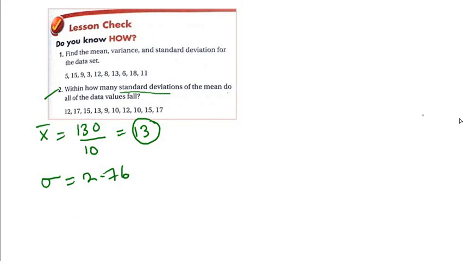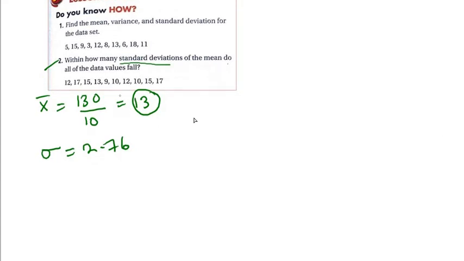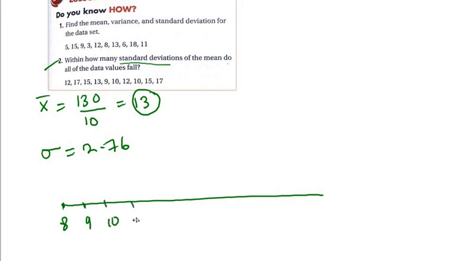Now, to solve this question, we need to order these numbers on the number line. The smallest value is 9 and the greatest is 17. So let's start at 8, 9, then 10, 11, 12, and up to 18. I like to represent at least one value less and one value more. Okay, now